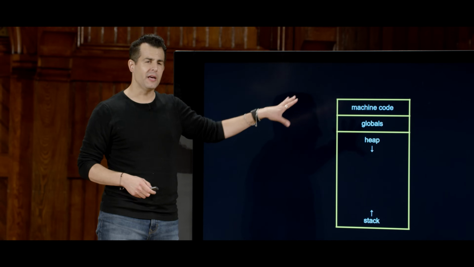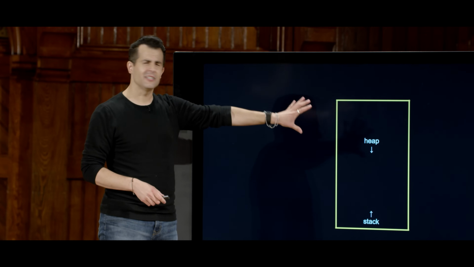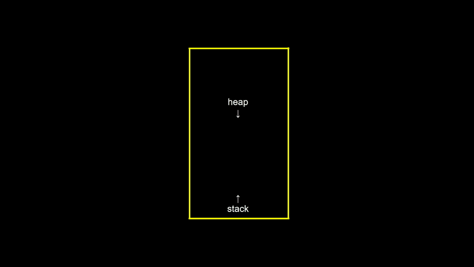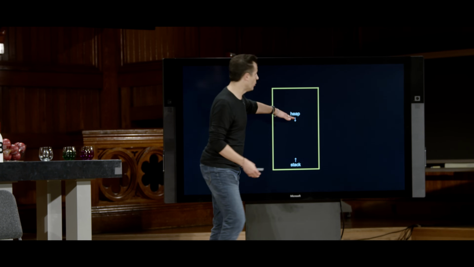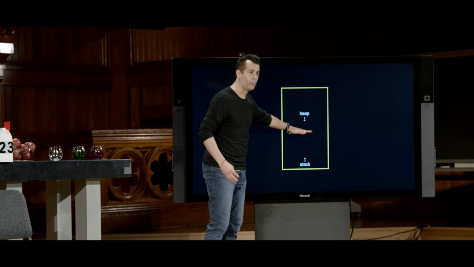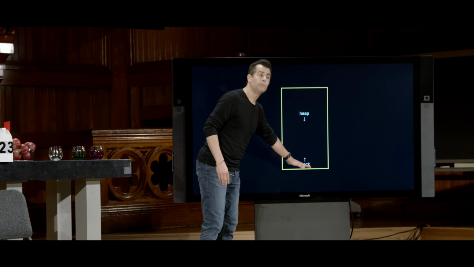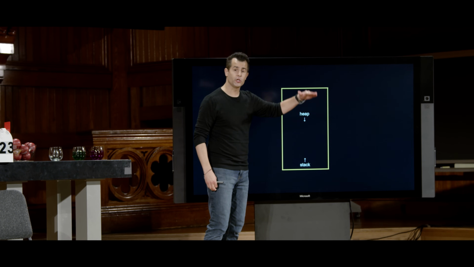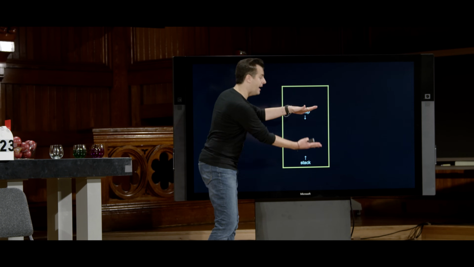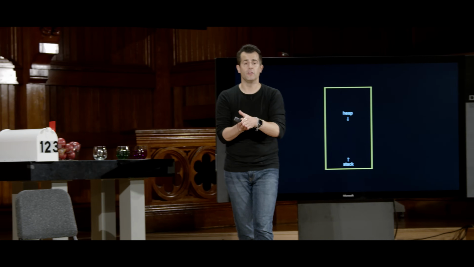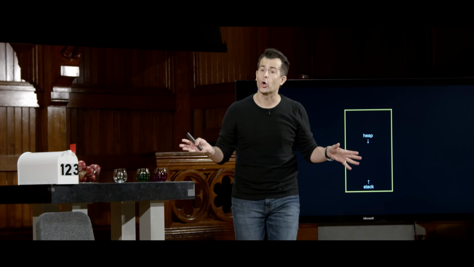First of all, you might have noticed or anticipated this wasn't necessarily the best design, right? What strikes you as worrisome about this picture at the moment? Right, they're going to collide with each other. If I keep calling malloc, malloc, malloc, malloc, per the arrow, I claim that you're going to keep using more and more memory. But it turns out you're going to keep using the stack, too. If you call function, function, function, function, you're going to collide or somehow overrun each of these chunks of memory. And in fact, recall recursion from last week.